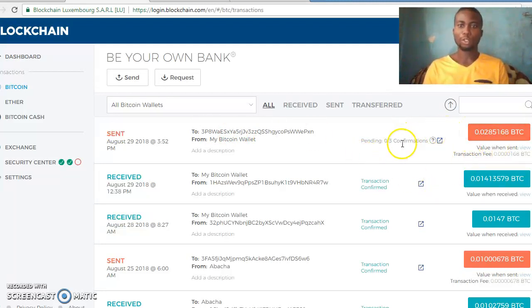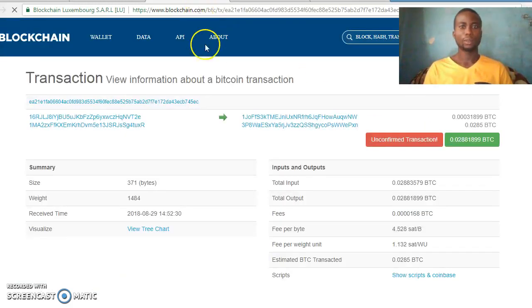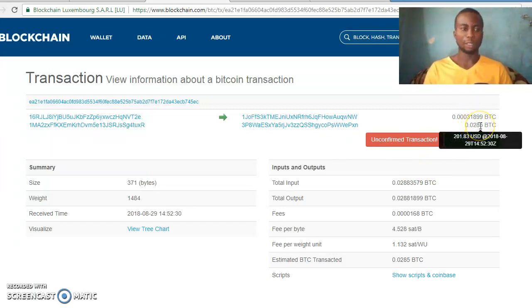But what I tell people is you go to the blockchain site to get your hash. Let me click on this place to take me there. You can see the arrow where I clicked. Now this is it. It is yet to be confirmed, but that doesn't matter. All they want is to be sure that you transferred the actual amount, 0.0285 BTC.